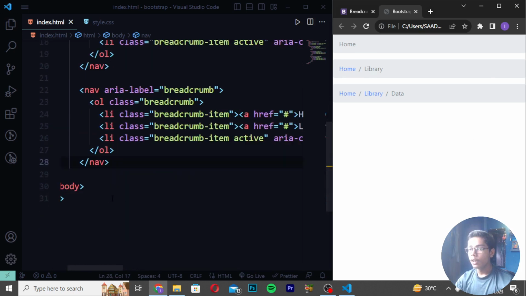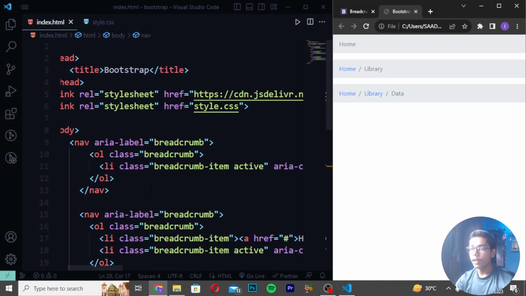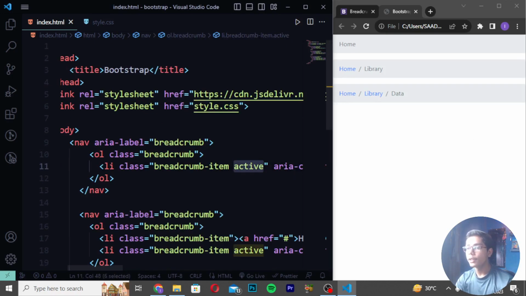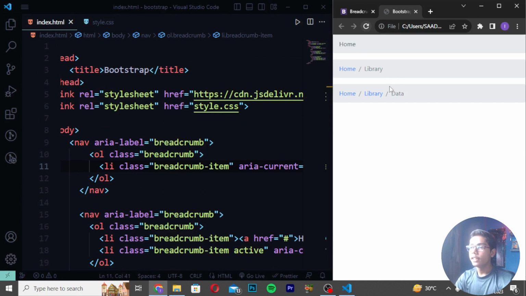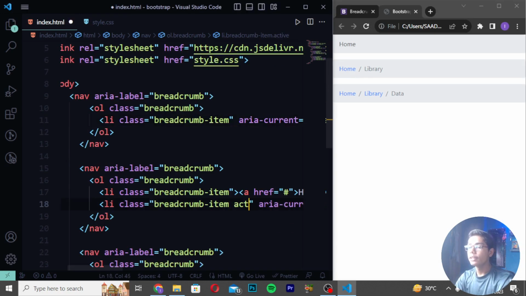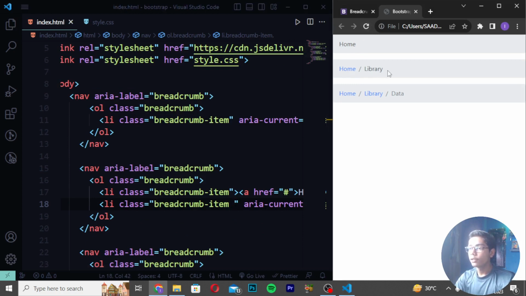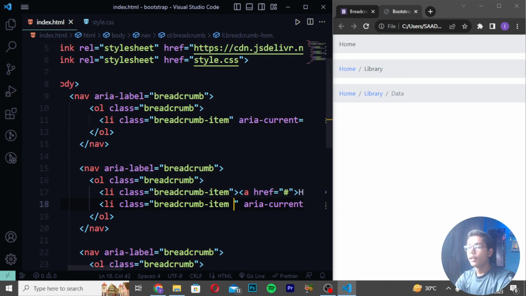So these were the basic breadcrumbs we are getting here. You can use active, and if I remove this active which is written here, and I save and reload, you can see we are now getting home in dark color. Now if I remove this active as well, you will be getting library also in dark color. You can see it has also changed into dark black color, and the responsive effect which we were